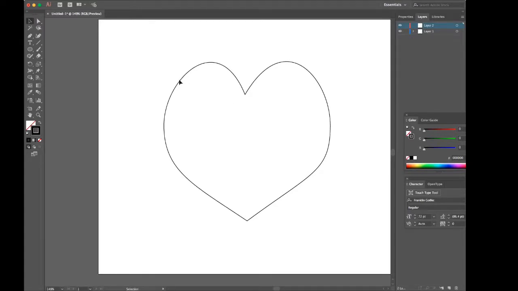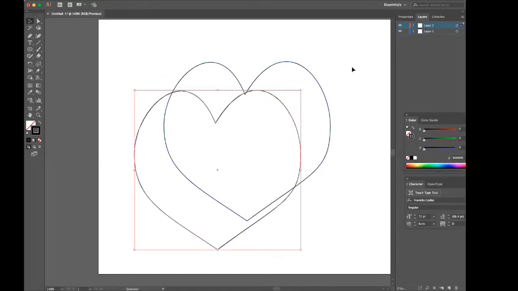Good, you're seeing me make errors too. Oh, Layer 1. See, nothing would happen. I was in the wrong layer. There we go. Okay. So now I'm going to go Apple C. I'm going to go to layer 2, Apple V. There we are. Notice this one now has a red line around it, but I can still manipulate it the